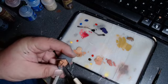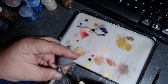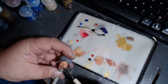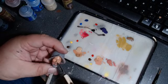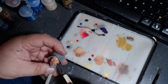But so now I've got this shadow. I'm going to mix it, just hit it and get all those colors intertwining. Get them a little bit more wet. Maybe I'll hit...